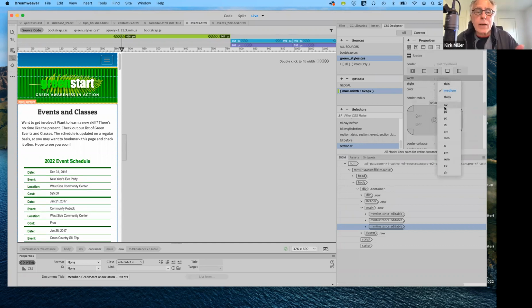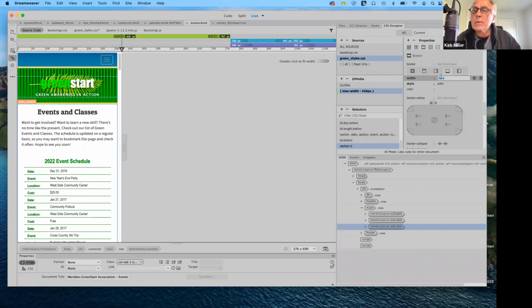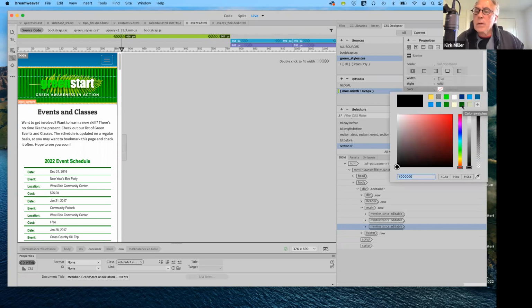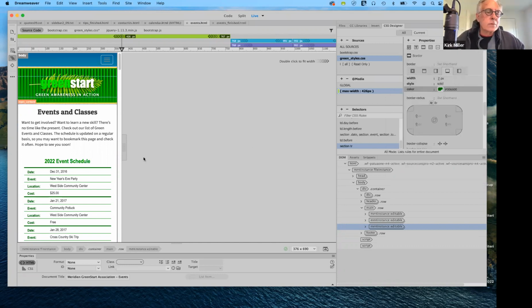Notice that it's already adding it. See what we're doing here? It's going to be in pixels. We want it to be 2. And by default, it adds it as black. Okay. And then we want the color to be, what do we want it to be? 060 again. So this one. There we go. So now we've